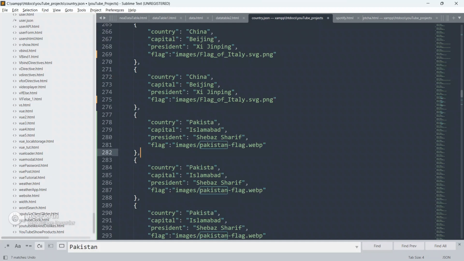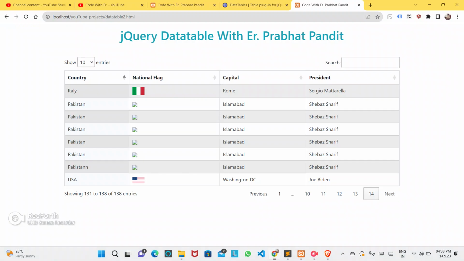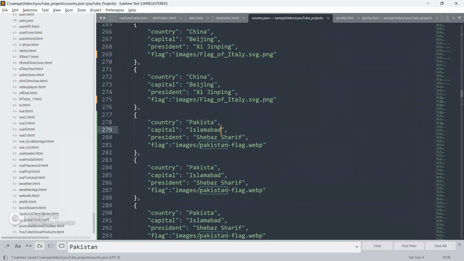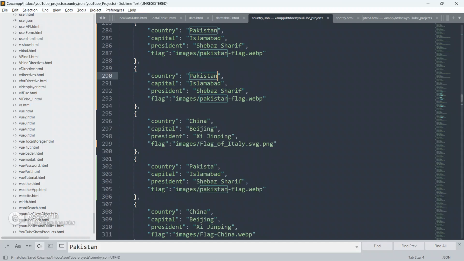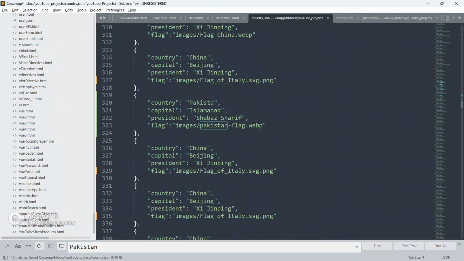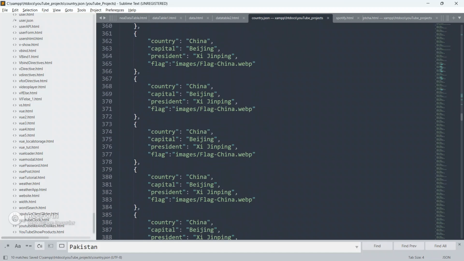So I changed the image name also. Now just replace the image name.